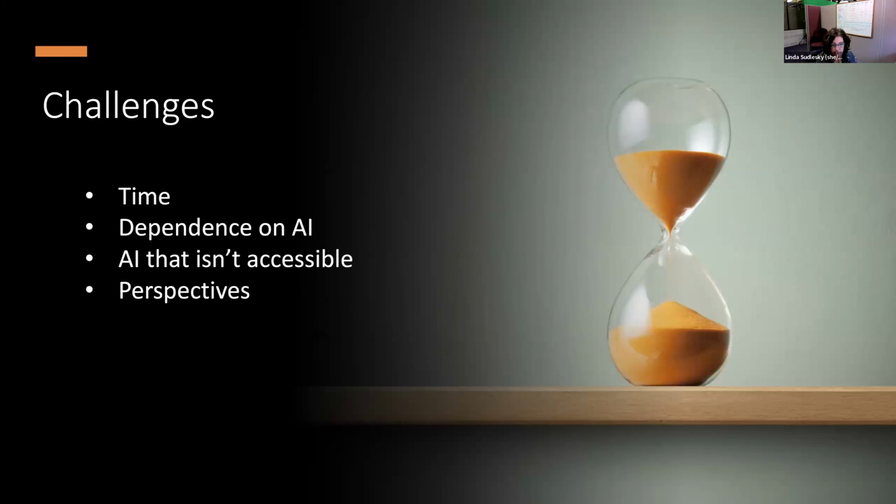Challenges. What's really important to know is that this accessibility does take a little time, but it doesn't have to take a lot of time. What ends up taking more time when it comes to making things accessible, so that people who use AI to access your materials can access them, is when you start the document without having accessibility in mind and without proactively making your digital content accessible.